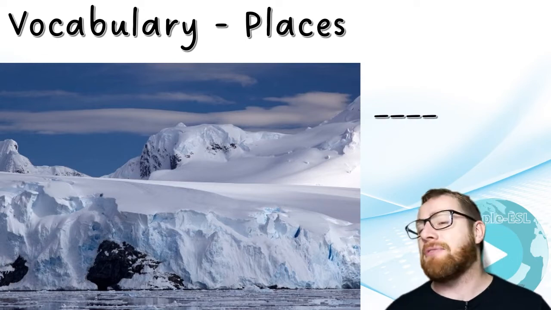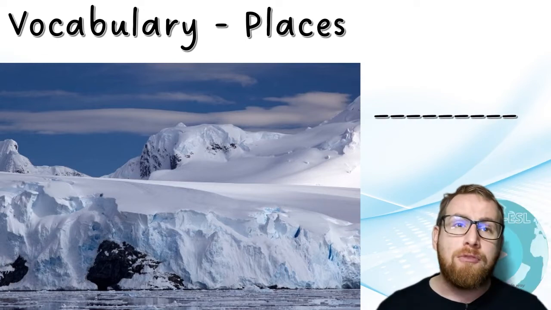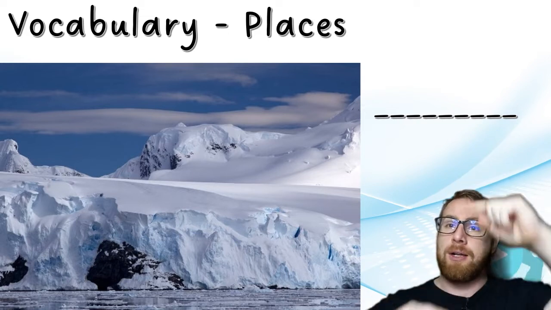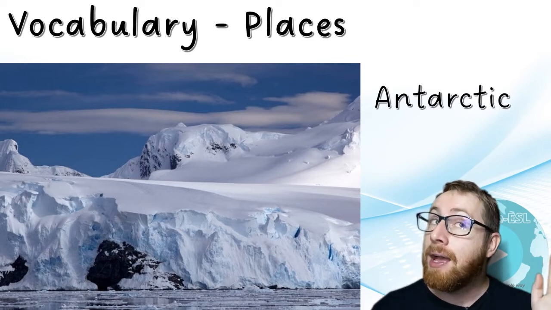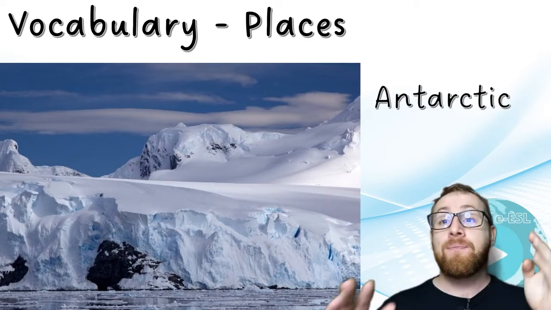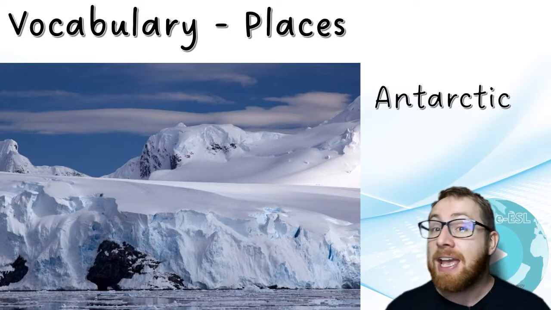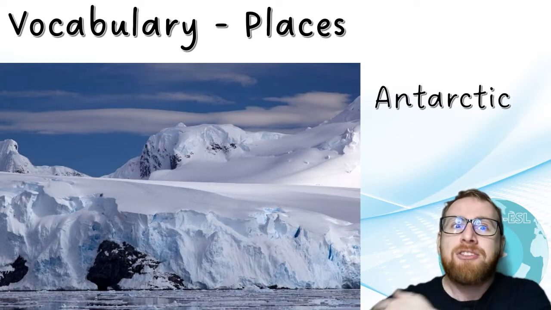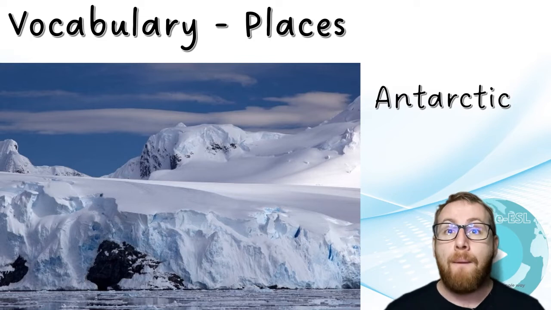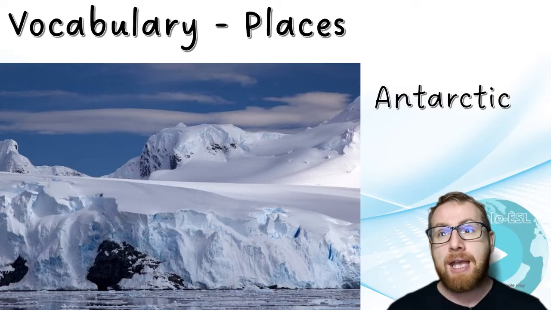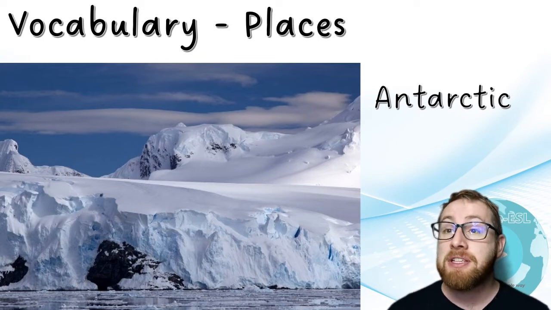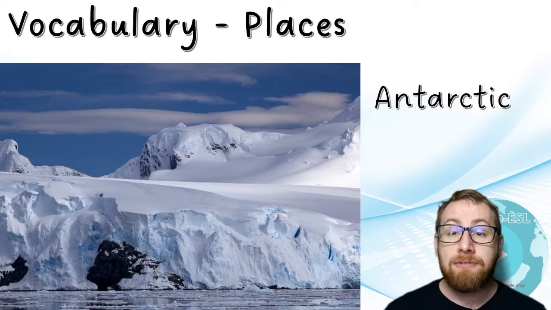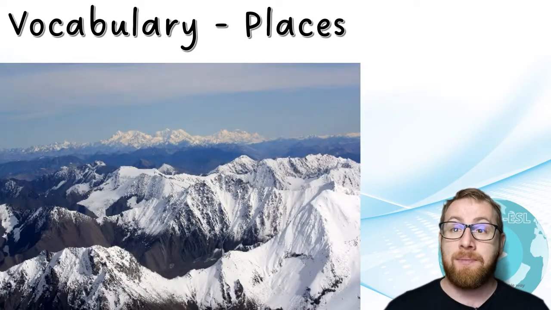What's this place? So we have the North Pole and the South Pole, both ends of the world. We would call it the Arctic and the Antarctic. So, problems living here. It's cold, okay? It's really chilly. There are polar bears, big bears that will attack you. There's no plants, there's no life, there's no trees. How can you make a fire with no wood? How will you stay warm in the Antarctic?